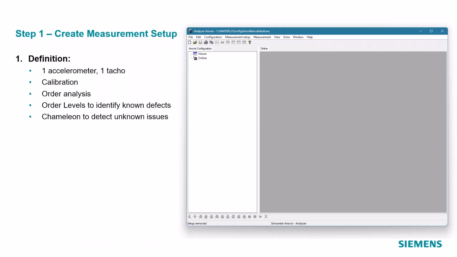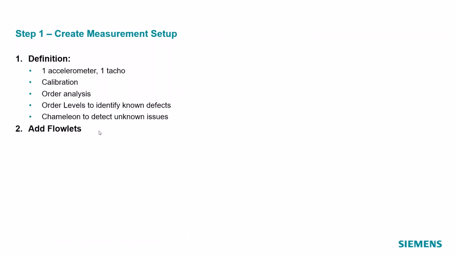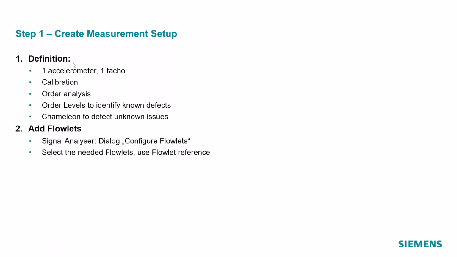This is something that sometimes is defined by the NVH department or by the quality department. Sometimes we define this together with the customer. This has to be clear: what is needed at the end. And then if we have defined that, the next step would be to add all the modules that are necessary